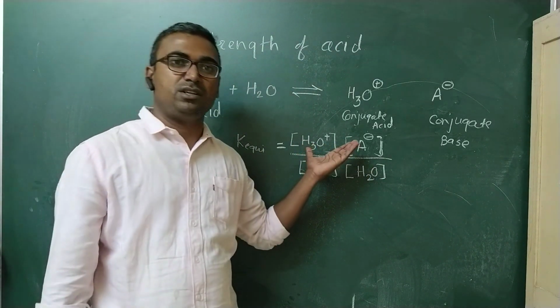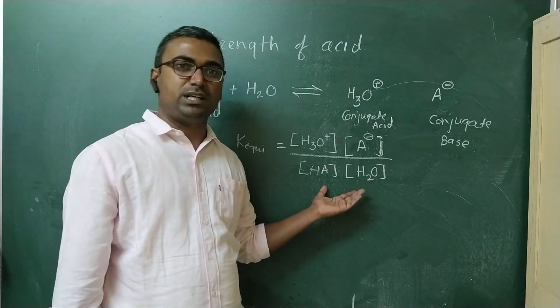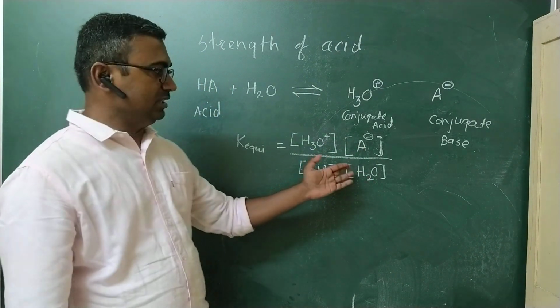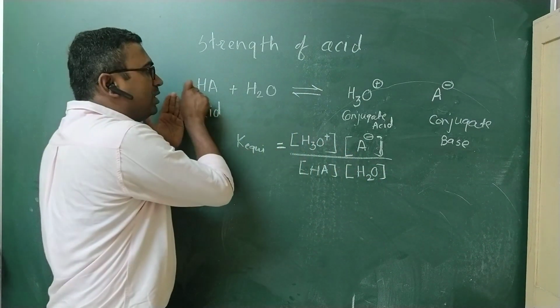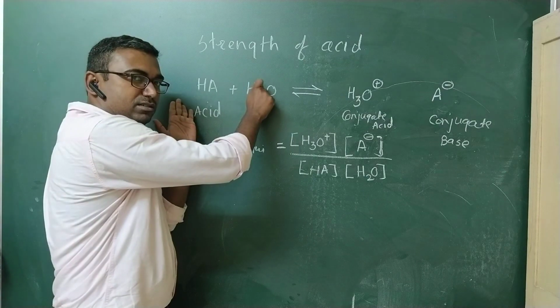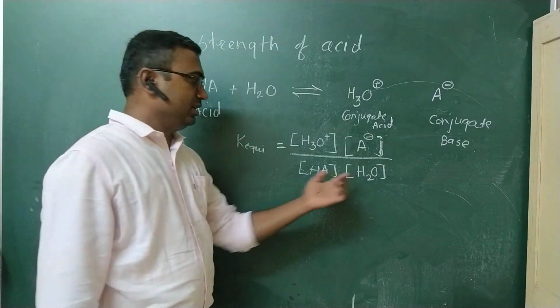The concentration of product is divided by the concentration of starting compound. As we know, the water concentration is much higher because we are dissolving the acid into the water. So of course the water will be in higher quantity,